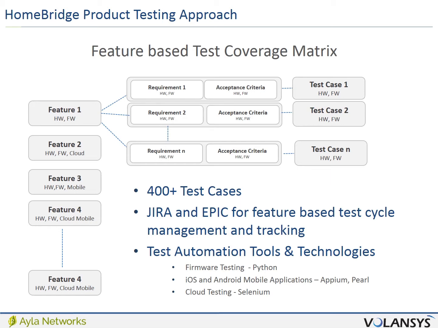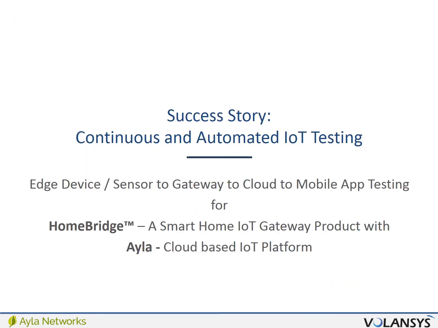Here we used a Jira dashboard as an innovative way, using Jira Epic terminology, to have a dashboard and track the feature status, where test cases are an issue type and all the bugs linked to each test case are basically the test results. Moving to the next slide. To get into micro-level details of the various testing needed, let me walk you through a real use case scenario with the Homebridge product.